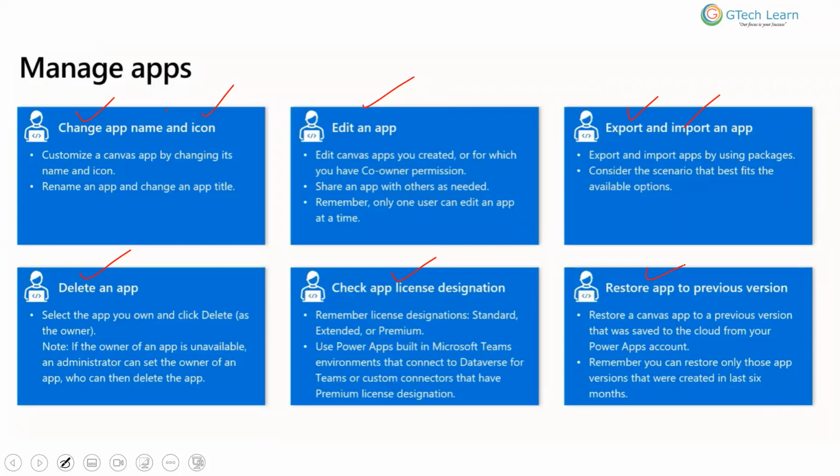In this area, whenever we make a change and publish, a new version is published for that app, and the previous version is still available in my environment. So if I want to make a change to my previous version, I can actually switch to it. I can publish my previous version as the latest one, and none of the versions are going to be deleted. Every time a new version is created, and all those versions are listed in my version area. So this is one thing we need to remember, that we can use the version functionalities